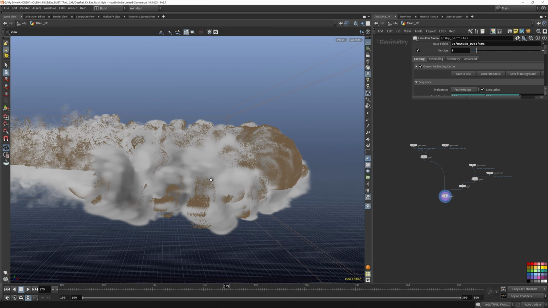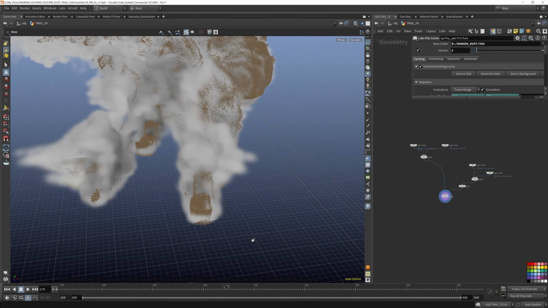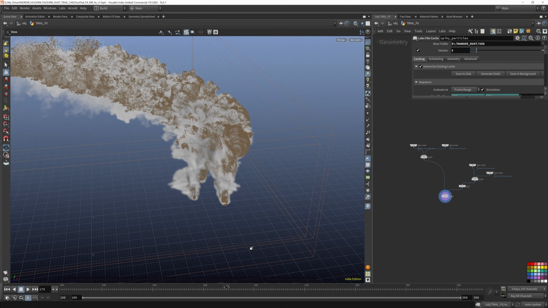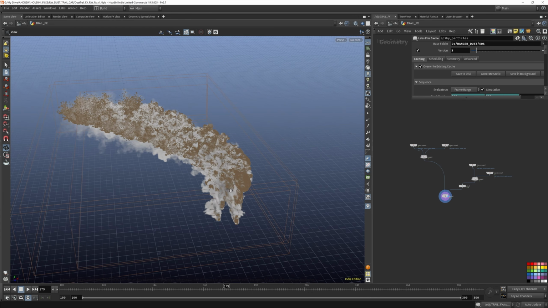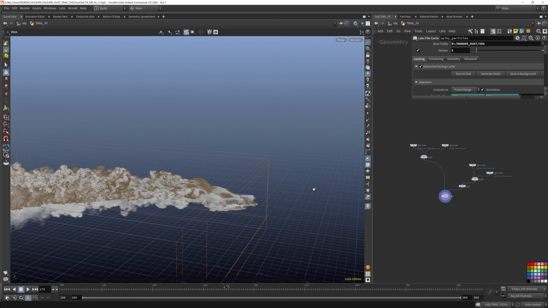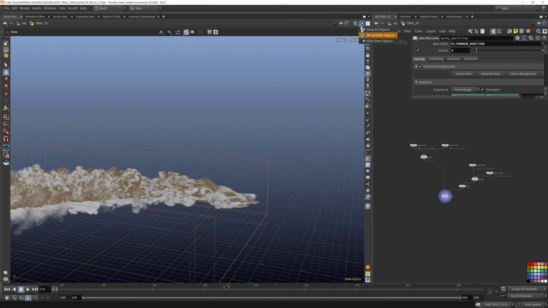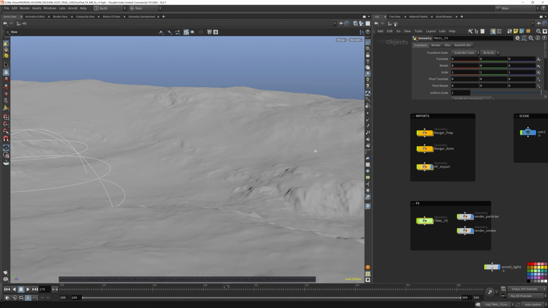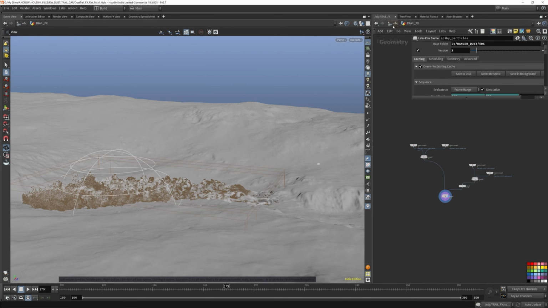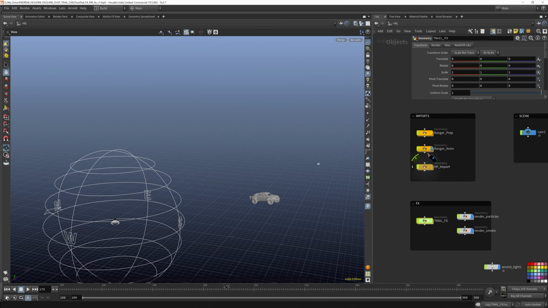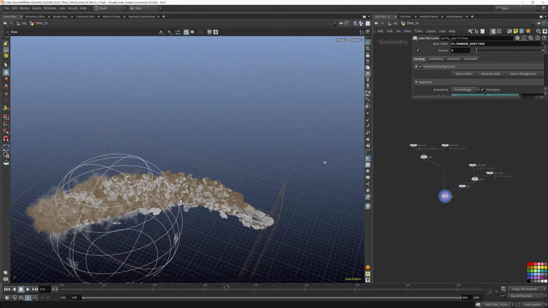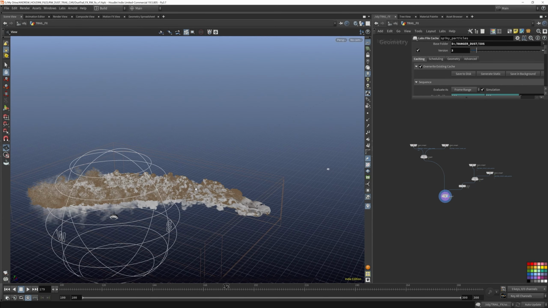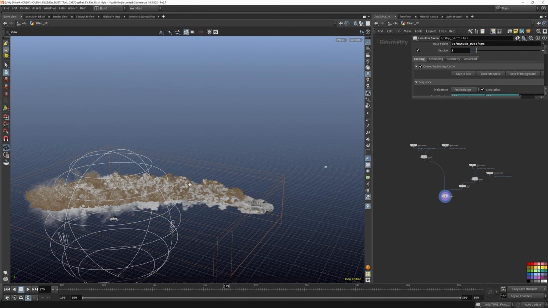Here we're reading in the final sims. And if you can see, this is a very big simulation. You're traveling across quite a large terrain. So let's maybe show the car for some context. Let's enable our car. Let's turn off our terrain. So you can see we've got quite a large simulation here, and in order to cache this without a crash,